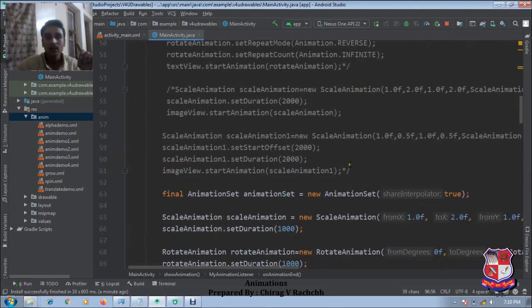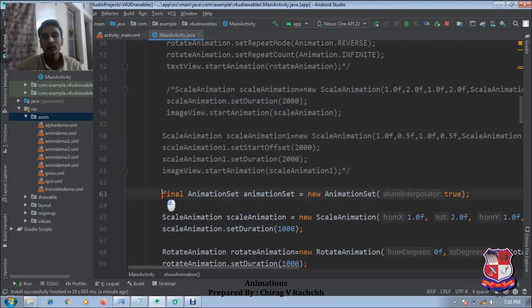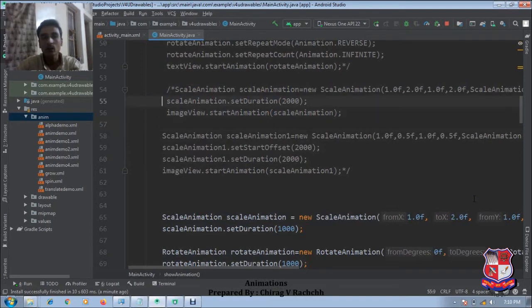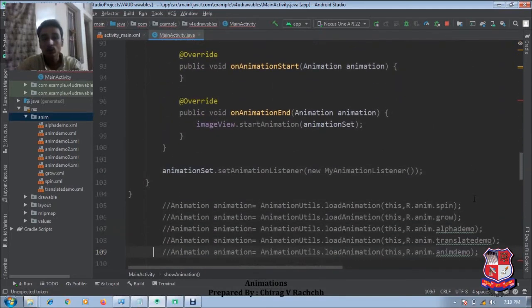The same thing we were discussing can also be applied to these two animations. We can remove it from here, make this statement available here, and then comment these lines, from this line to this line.